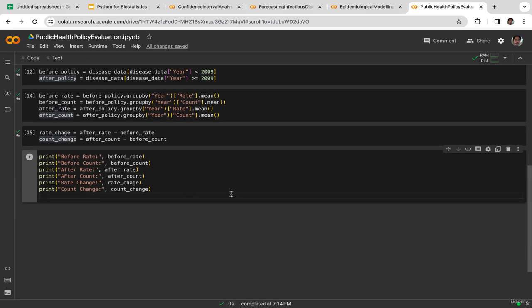And actually, there is one more thing that we need to do. So we're going to create an if-else statement. So we're going to check if the rate and count have decreased after the policy, right? That's how we test the effectiveness of the public health policy. Okay, so I'm going to create a conditional statement. So we have if